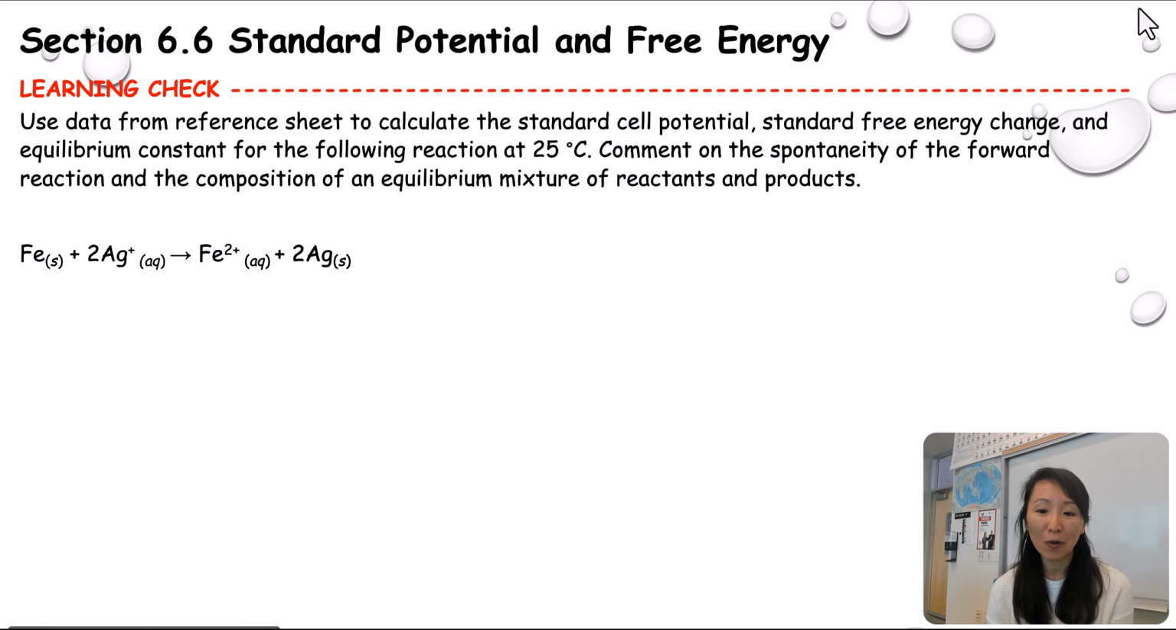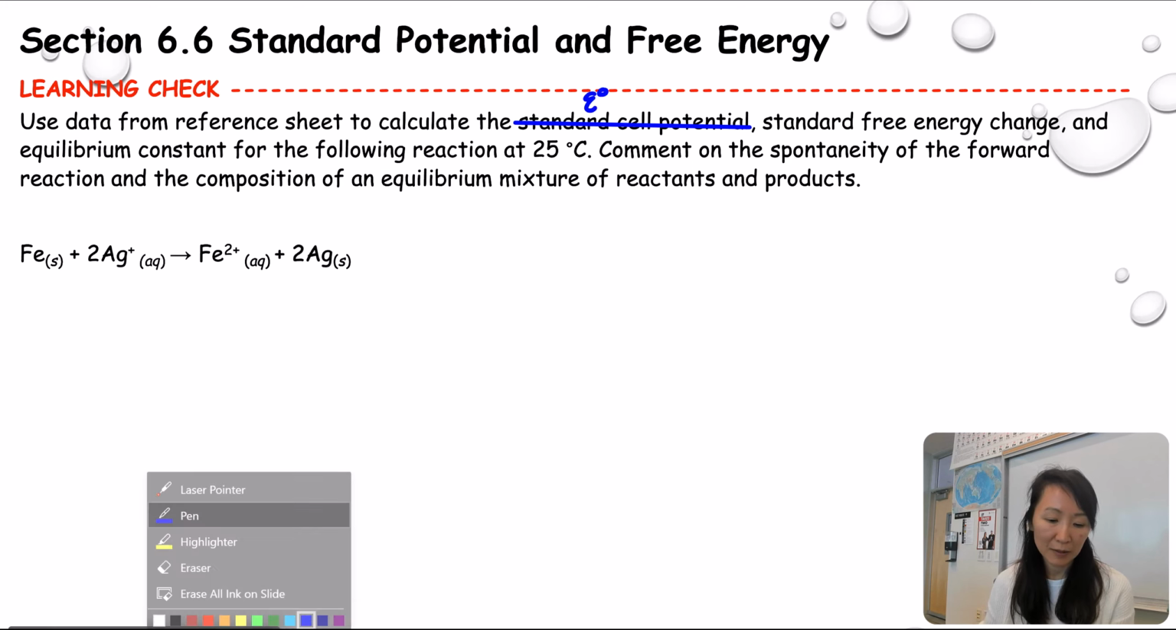So it's asking for quite a bit of things, and I'm going to take one step at a time, one question at a time to solve this particular problem. So let's calculate the very first one, which is the standard cell potential. The standard cell potential is your E sub naught. And so we're going to look at the oxidation process